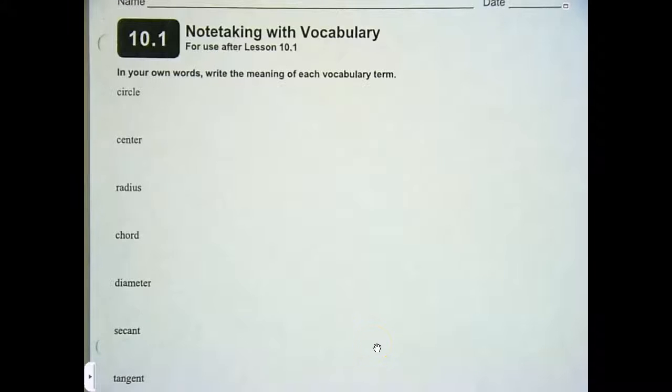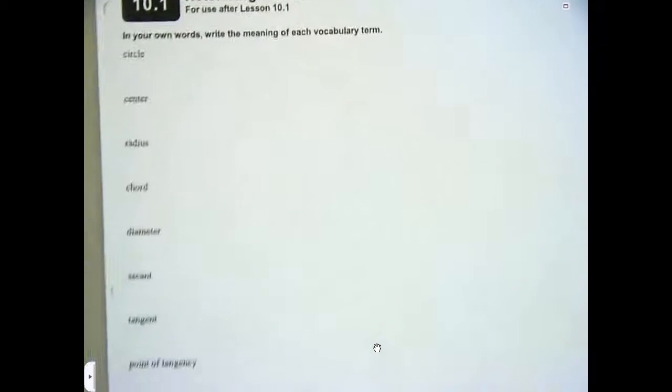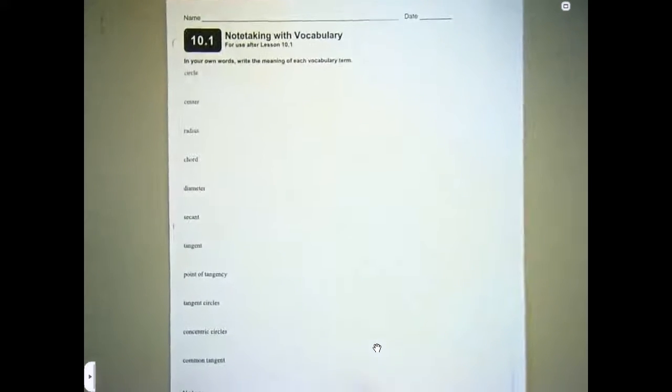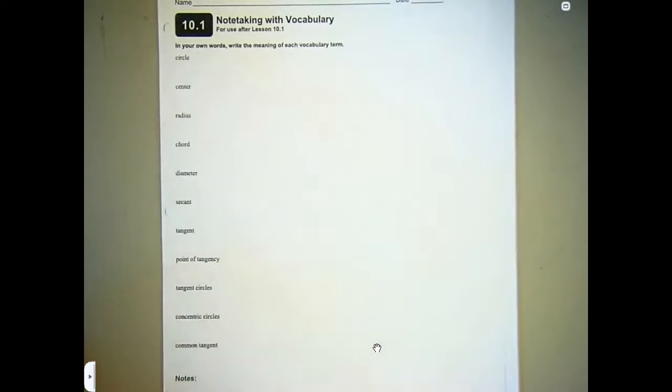Chapter 10, 10.1, we are dealing with line segments and intersecting circles today. Please note there is a ton of vocabulary. This is page 280, so a lot of different terms that we will reference, many of which you already know,